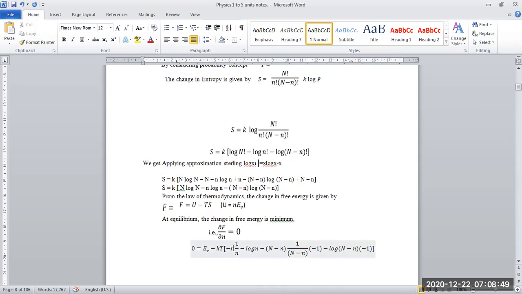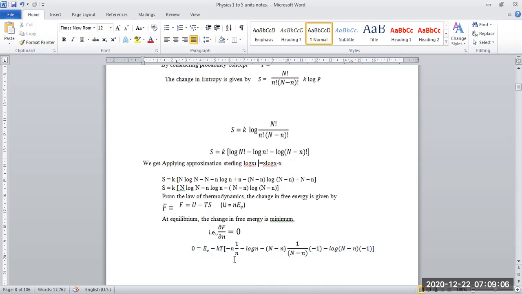So minus n into 1 by n, we can just see minus n into 1 by n. So now this is minus. Now